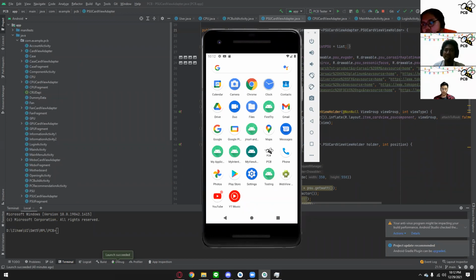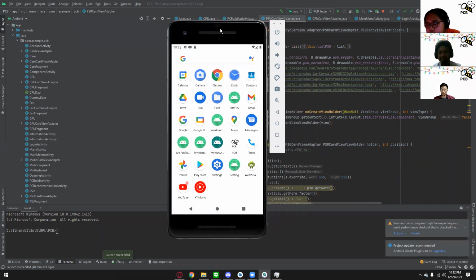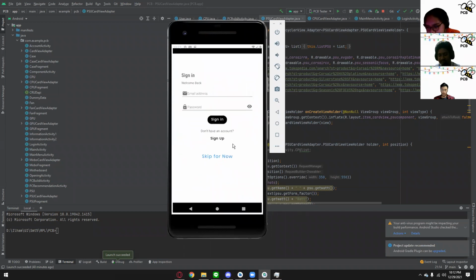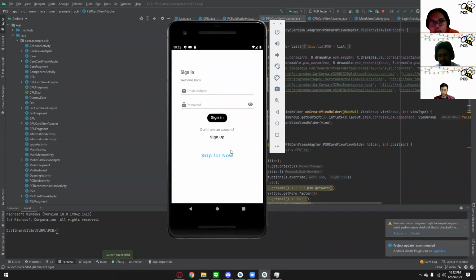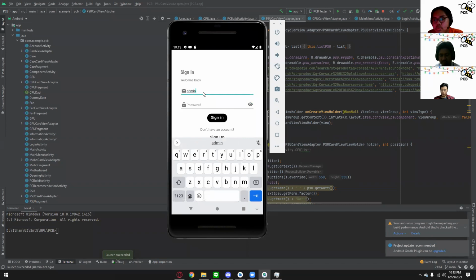Okay, now I will show you the demo of our application. Right now in here we can see the logo of our application. The first thing that happens when we click the logo is we go to the first page of the application, which is the sign in page. In here, user can sign in or skip for now if user doesn't have any account or doesn't want to sign up, or user can sign in if user already has an account, or sign up if user wants to register the account. For now, maybe I can log in with the admin account that we already have in the server.